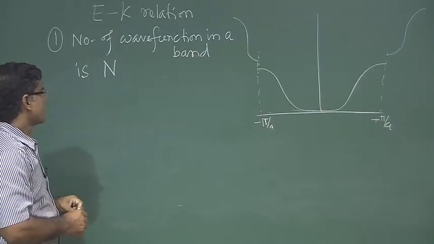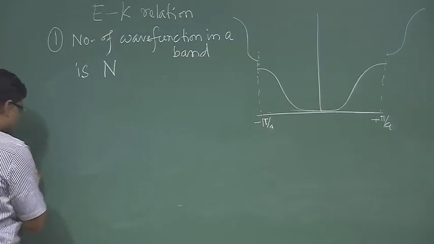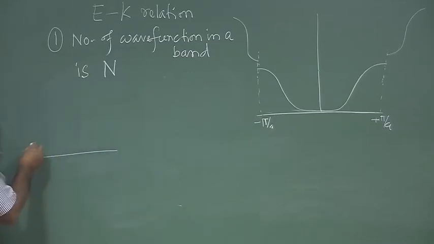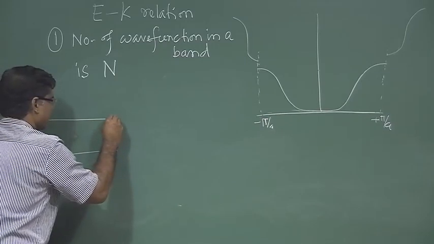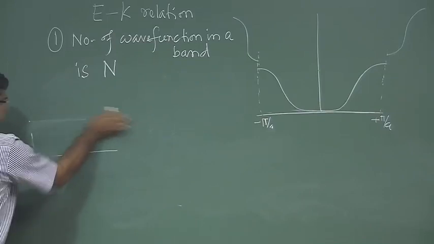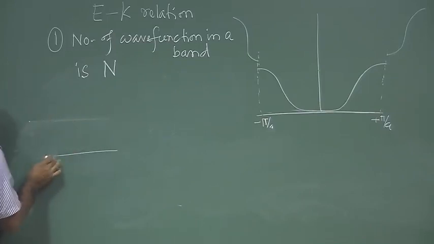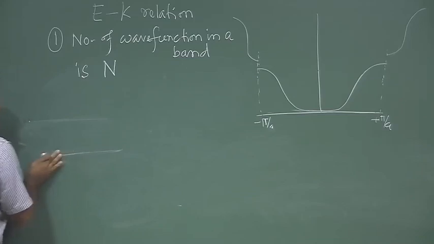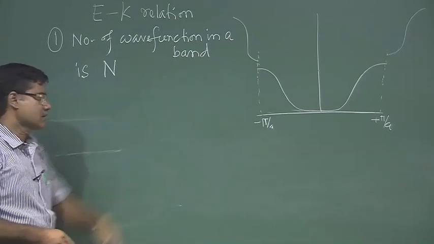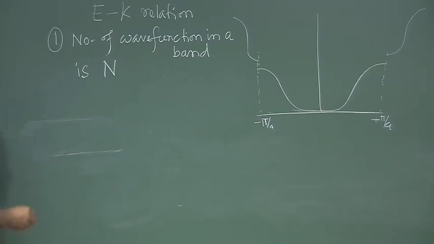Okay. So, you have a band, right. So, this is one band. So we have first Brillouin zone, second Brillouin zone, third Brillouin zone. So, in each Brillouin zone you will get